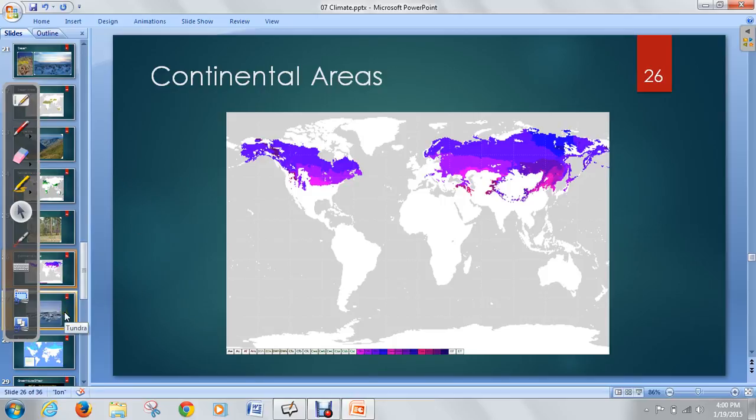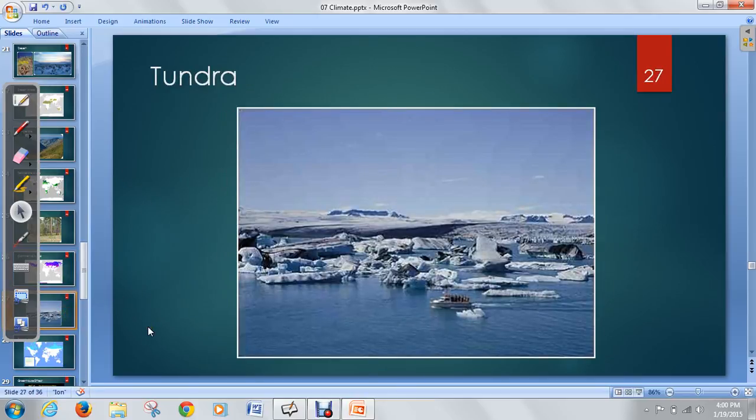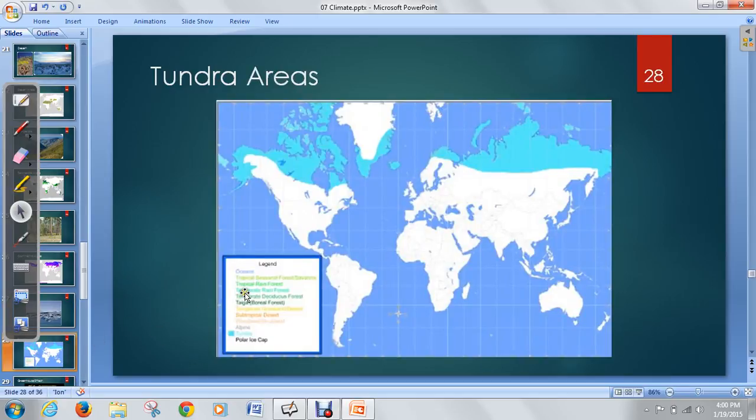All right, and then the last one is tundra, which is what you probably think of, which is just ice and snow, just all year round, just cold all the time, and that's pretty much the right definition. Tundra is just cold all year, snowfall all year, ice all year. It's just very, very cold. So not a lot of livable areas are tundra. It's just going to be mostly very northern Canada, very northern Russia, and I don't know why Greenland's not colored in on this map, but Greenland, the North Pole, obviously, Antarctica, those are all going to be tundra areas.